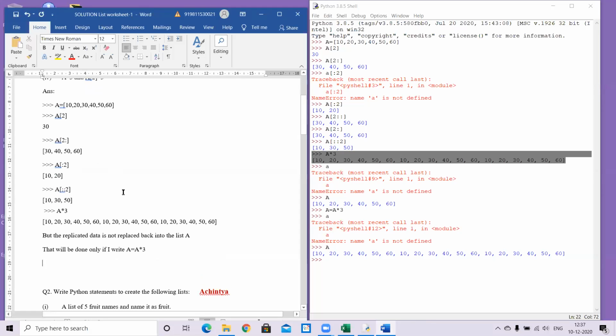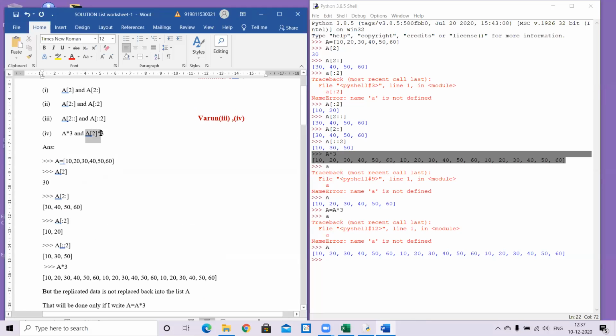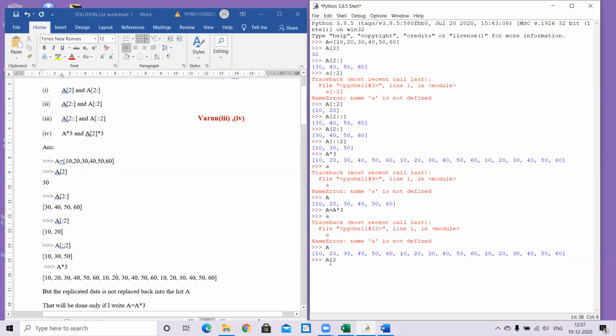Okay. Now next one. What happens if I am doing A[2] into 3? Break up. I mean, the value of 2, which is given in the list. Which are the first in the list? They will be repeated 3 times. Now, when you are doing this, this extraction will be taken up. Now it is a normal value. Normal value multiplied by 3. So that is not replicated. Normal value multiplied by 3 is going to be a normal multiplication being done. So A[2] is now 0, 1, 2. So that is 30. So this A[2] returns me 30. 30 into 3. 90. That is a trick in this question.